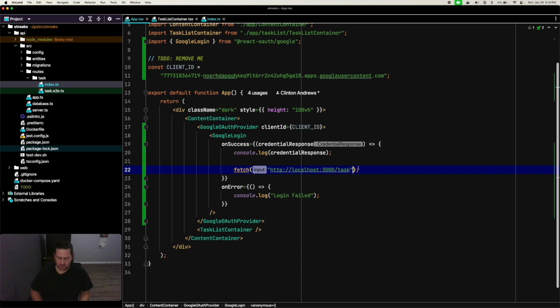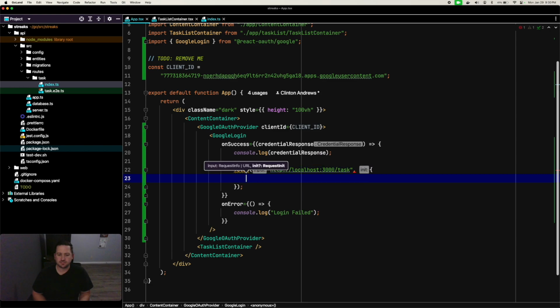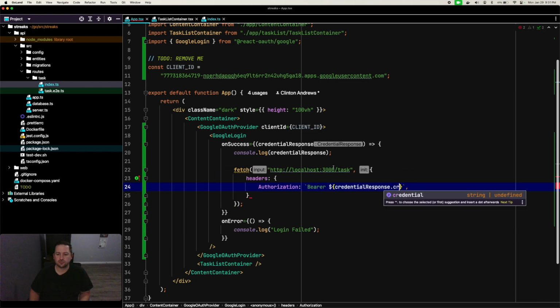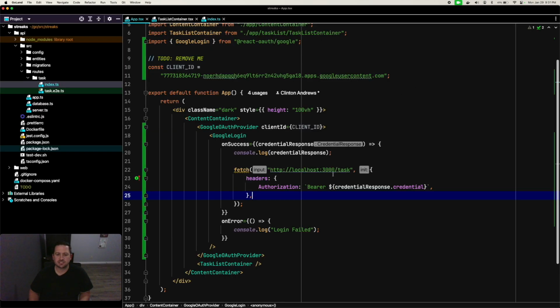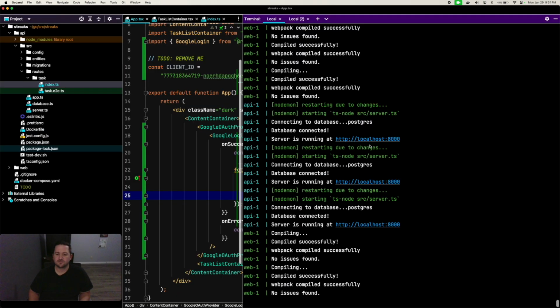So we have this here. What we're going to want to do is actually put some headers in here. And we are going to do authorization bearer, and then we are just going to get the credential off of this. And now we're going to send this. And now if we refresh, we should see, let's see if